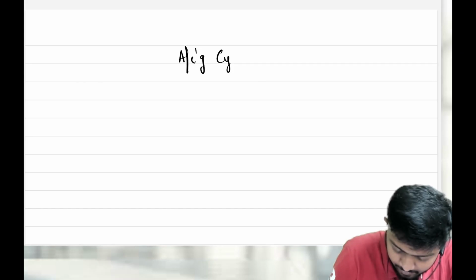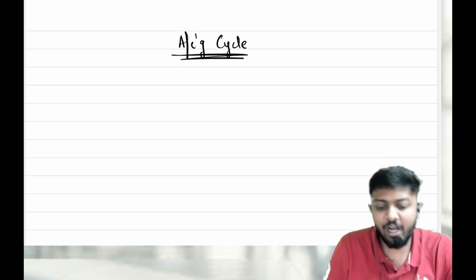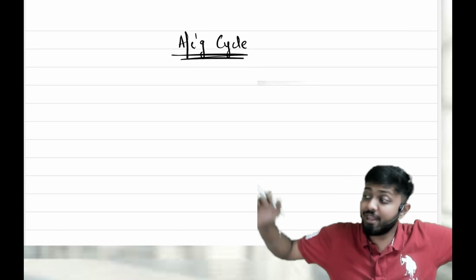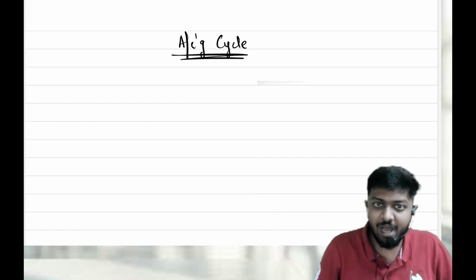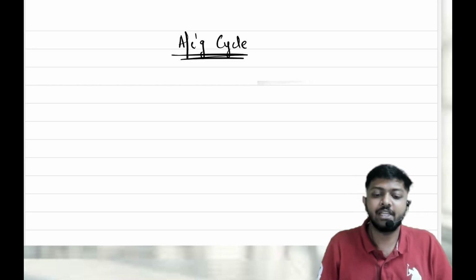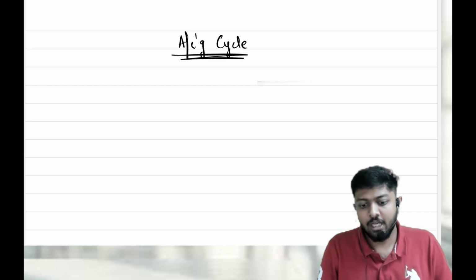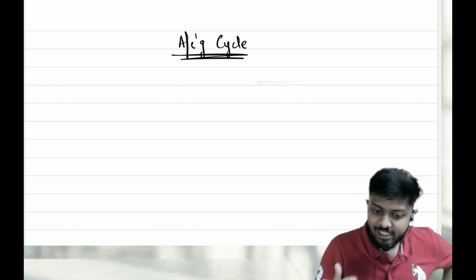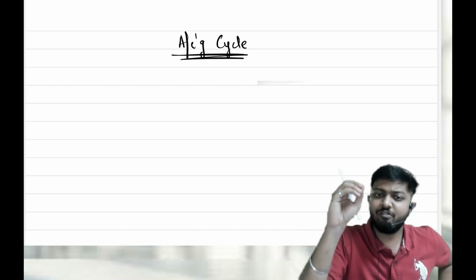So let's now focus on your accounting cycle. What do we understand in the accounting cycle? Whenever a transaction happens, from the point of journal entry till the transaction reaches the financial statements, which are the balance sheet, P&L, and trading account, that is the process of the accounting cycle. Now let's try to understand this accounting cycle in a very brief and simple manner, with a simple example. I'll take any 5 transactions as an example.